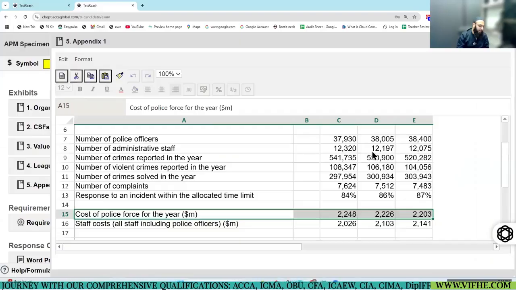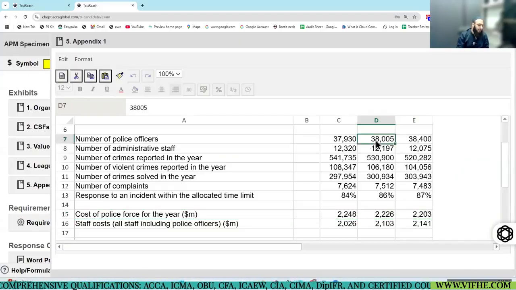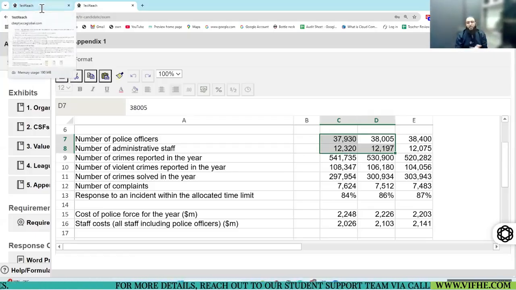You can see here, this is all you can use for analysis. Like number of police officers have gone down. Police officers went down. Okay. Whereas administrative staff gone up. You can see the numbers do indicate that police officers are going down, whereas administrative staff is going up. So this is all what you can mention in analysis as well. Okay. We can compare with the national average and all.